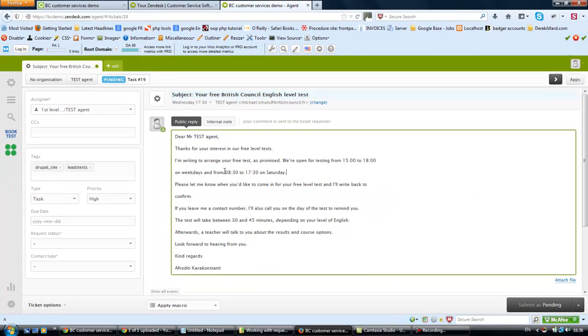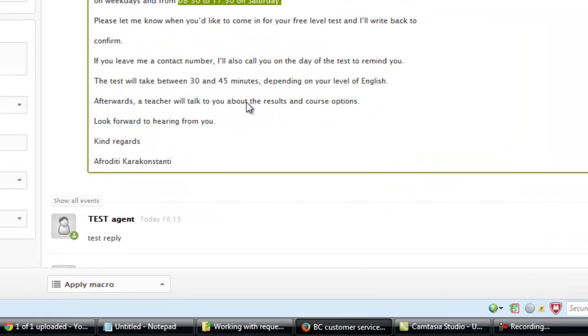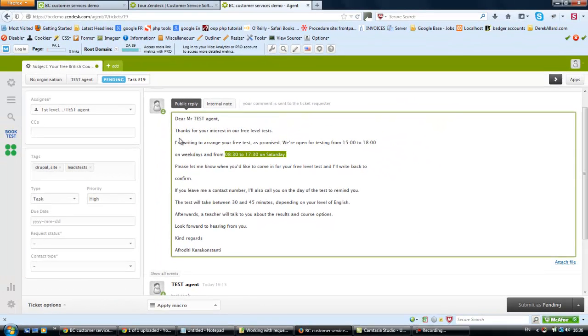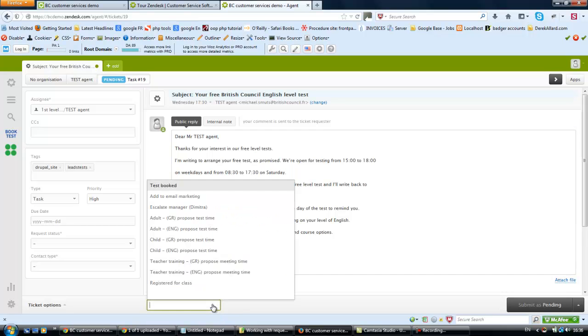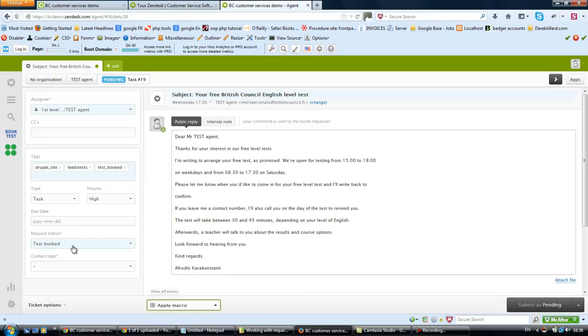And then I'd be filling in, obviously, the information here, and I would then be sending it off. But what I want to do here is actually say that this person has booked, so I'd like to change their status. So if I just come in here and do test booked, you'll notice that it's automatically filled in this field here to say test booked, okay? And it's put the status down here on pending. And all I would need to do now is click that,